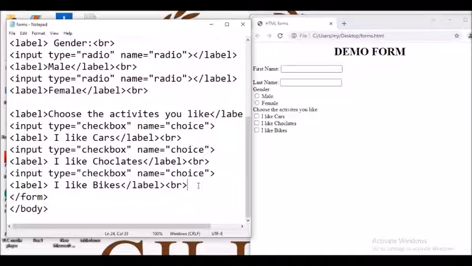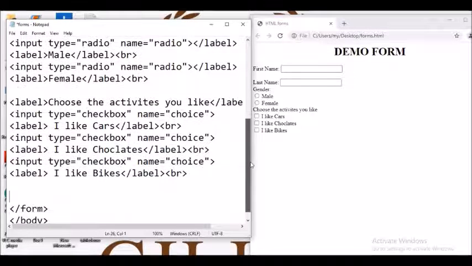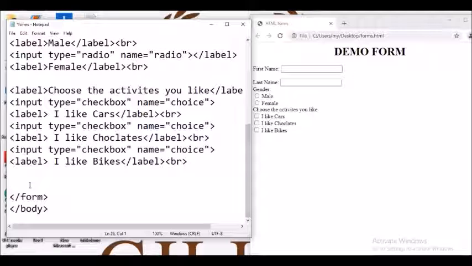Now I can put a few buttons onto my form. What I can do is make a submit button and a reset button. So let's do it. Wherein I'll be needing an input statement. Input. Now type will be, this type is very important. So type will be submit, and you get the submit button on the form.